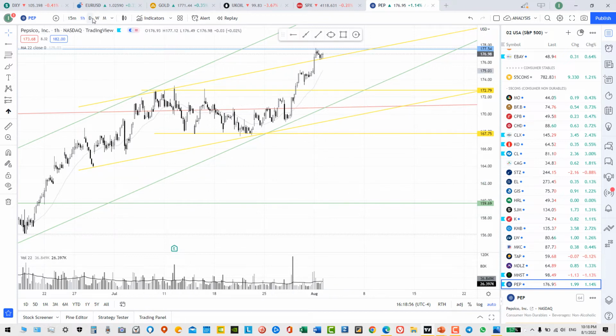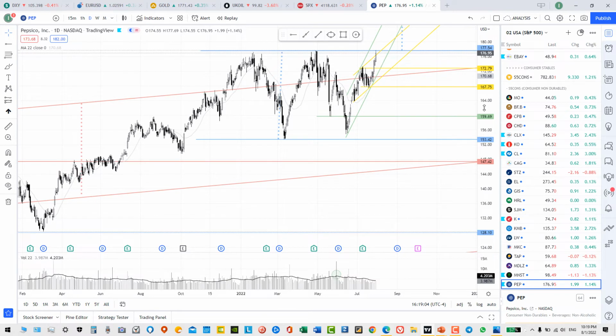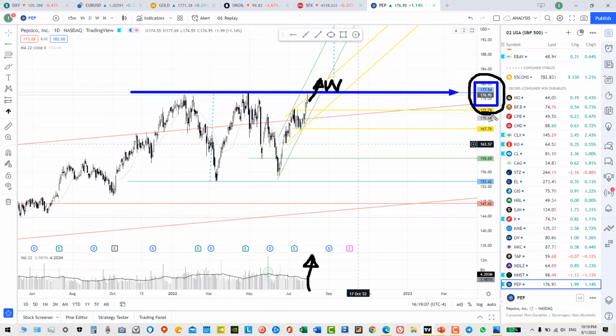Okay, let's go back to the daily chart and to a potential virtual trade that we are waiting for. How does it come? Here it goes. First of all, the weekly resistance is at 177. So if the stock manages to break above that level on considerable, exceptionally high volume, with a week or 2 weeks close above the 177 resistance, this confirms a potential virtual trade by going long as a buyer with